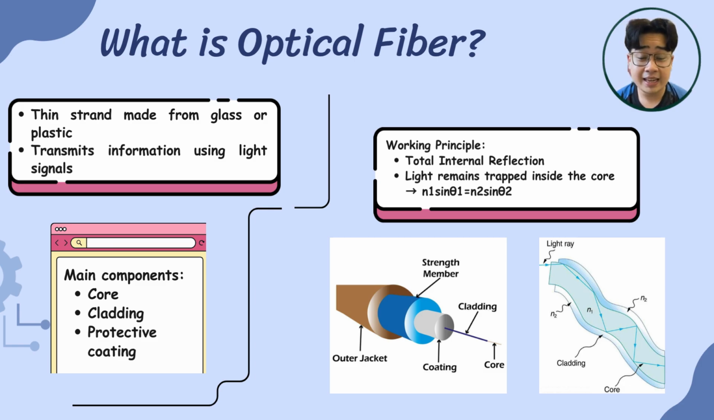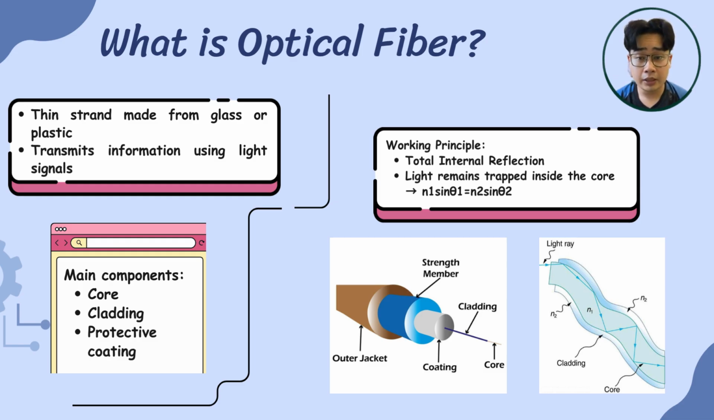Before discussing its application, let us first understand what optical fiber is. Optical fiber is a thin strand made from glass or plastic that transmits information using light signals. It is designed to carry a large amount of data over long distances at very high speed. An optical fiber consists of three main components: the core, the cladding, and the protective coating. The core carries the light signal, the cladding keeps the light confined within the core, and the protective coating protects